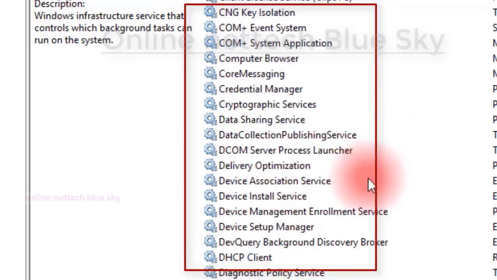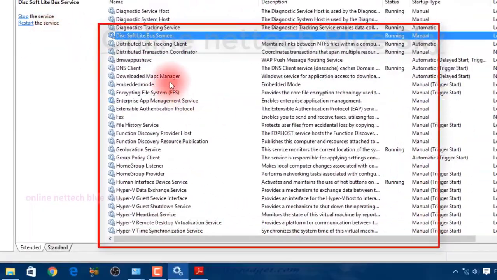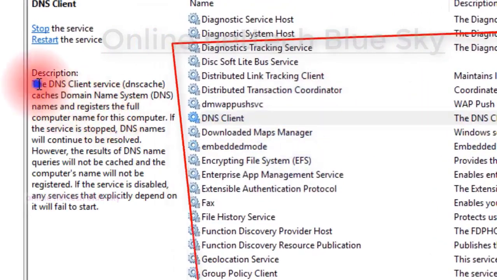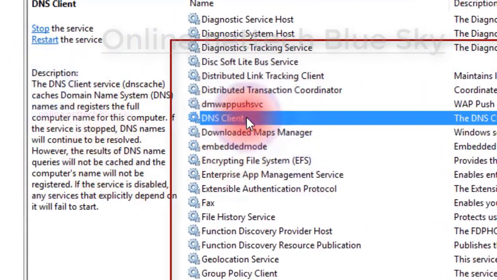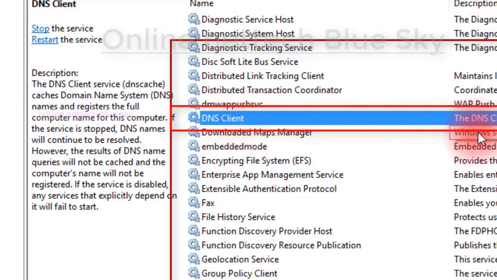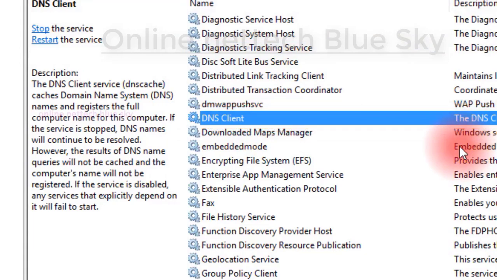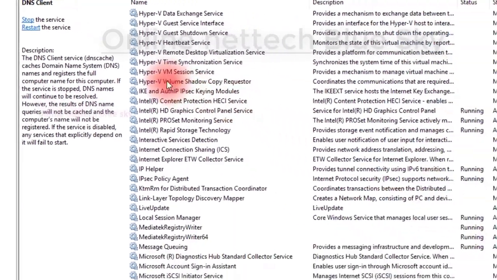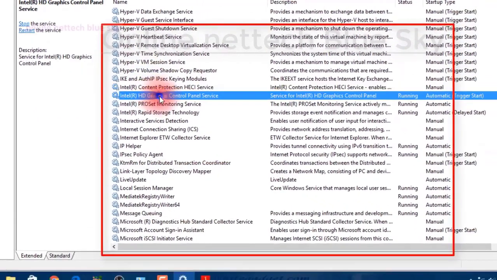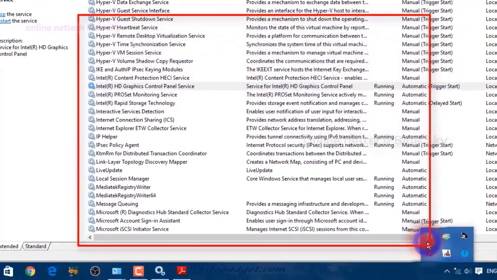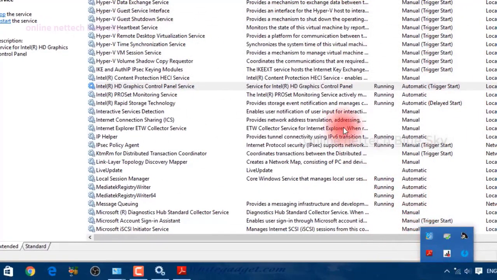These services work in the background, and you can see DNS Client, which means this DNS client always works with your computer and server. When you connect to your servers, this DNS client always starts and checks your DNS. What DNS is I will discuss in the DNS servers and network series, but I'm just showing that DNS means Domain Name System. And you can see here all of these small menus and big menus are controlled by these services.